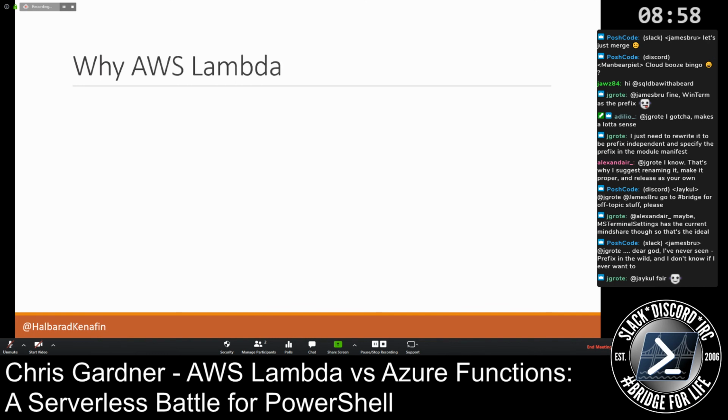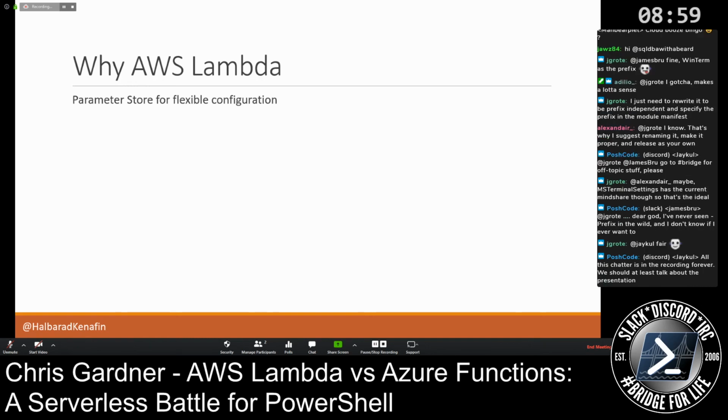So why would we use Lambda? The parameter store is really, really good. Like, it saved me a ton of effort in terms of maintaining a lot of Lambdas that do the same thing, just slightly differently for different products. So that's pretty nice for my life as far as I'm concerned, and I can keep it all maintained in source control and stuff, and it saves a lot of effort in maintaining a dozen Lambdas. And there's a lot of options. You can store your secrets and stuff in there, so it's quite a nice feature.